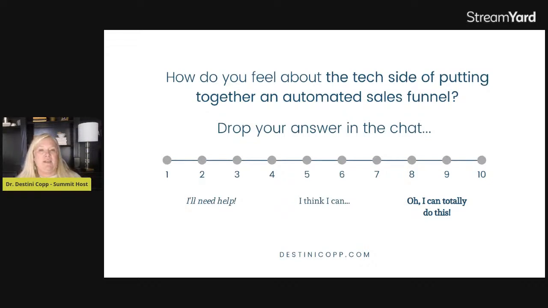And the good news is, if you're at the end where you think you would need help to put all of the tech pieces together, there's a ton of VAs out there that are knowledgeable in all of those that I just talked about. They know Kajabi inside and out, or Podia inside and out, all of the email service providers. There's a lot of virtual assistants out there that would be more than happy to help you with the tech side. So if you don't feel comfortable with that, definitely search for a VA to help you with that.